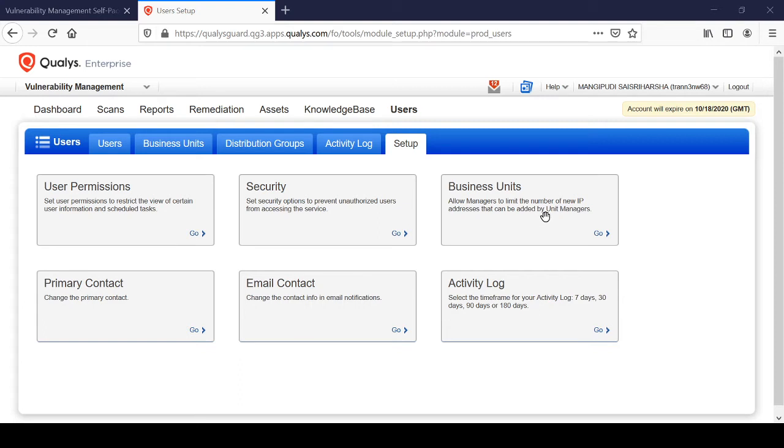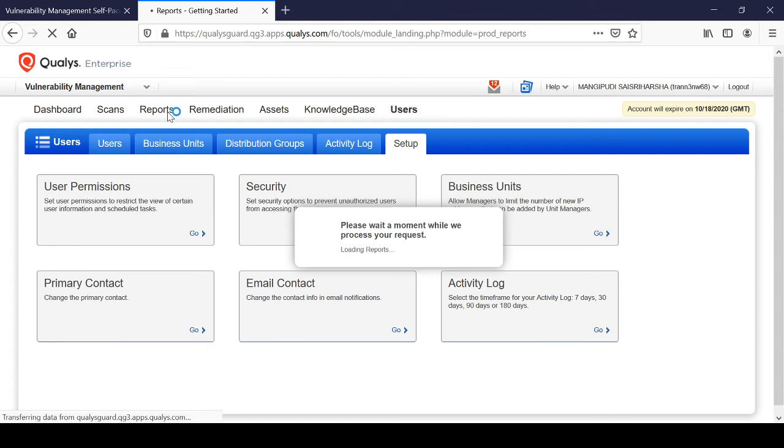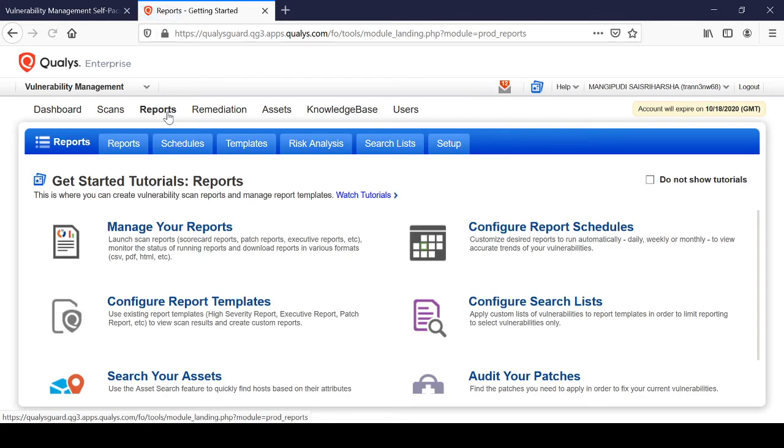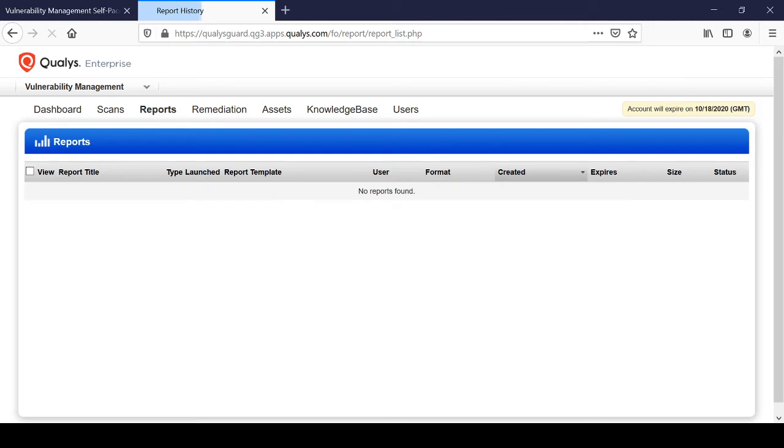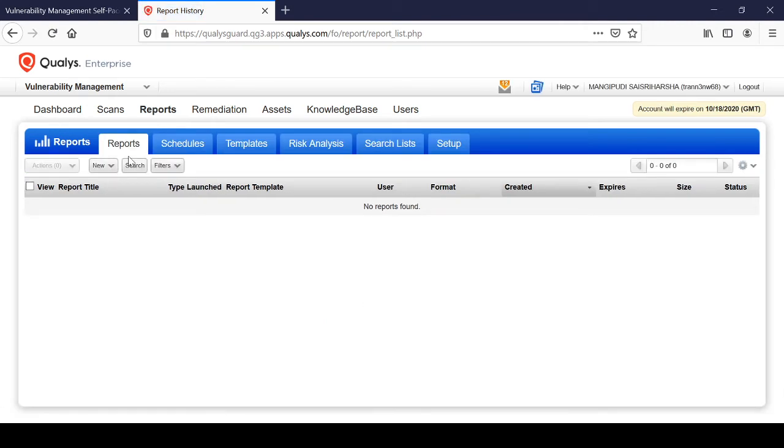So starting the lab session, we'll start with the reports tab. We should go to the reports tab now. So under the reports tab, I'll click on the reports. Now you can see this is the report console, or report tab,